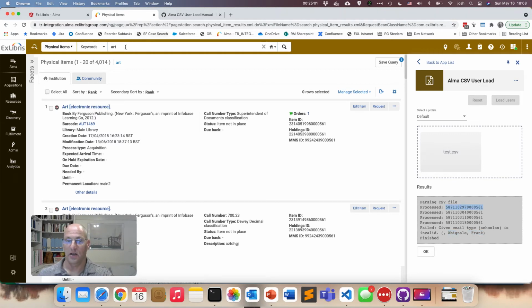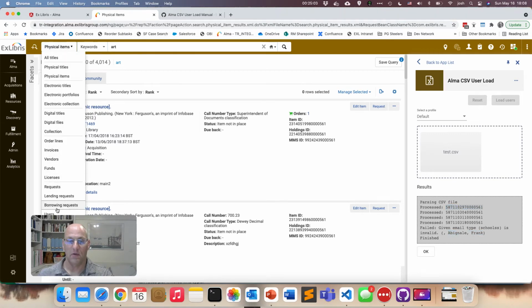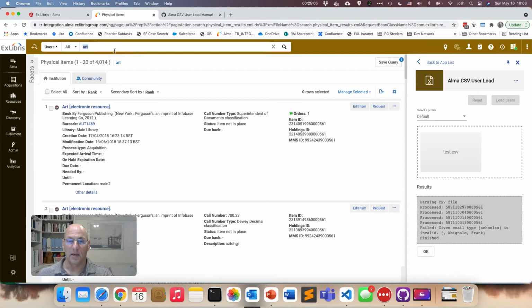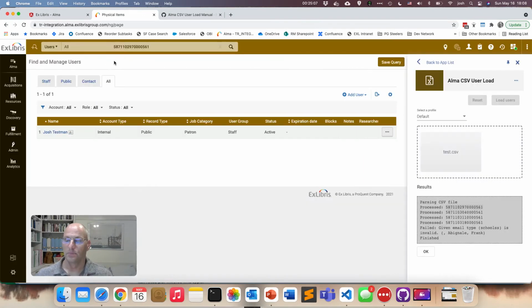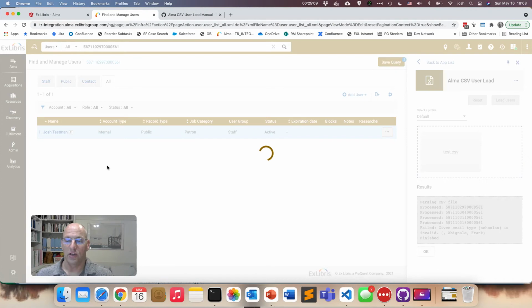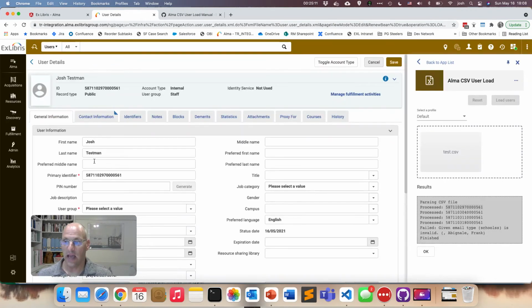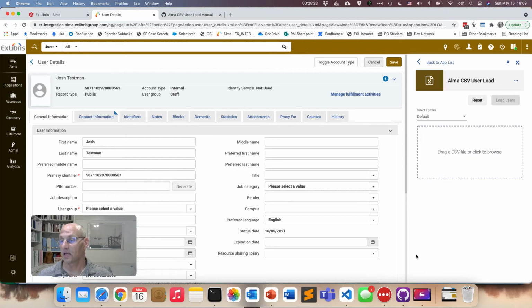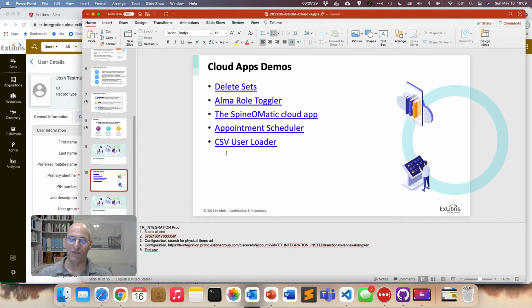I can just click on that ID. I can paste that in, and I can go ahead and look at this user that was just created now with all of the values that were in the CSV file. So again, new functionality, not supported out of the box, but supported here in the Cloud App. So that's pretty neat. So in that whirlwind tour, we've gone ahead and we've taken a look at 4 different